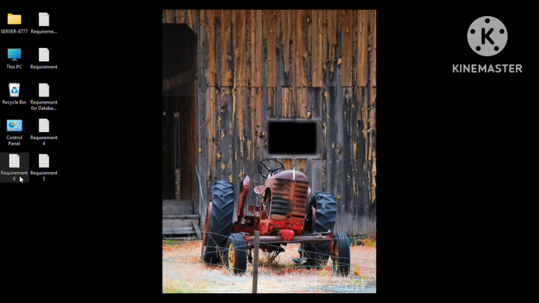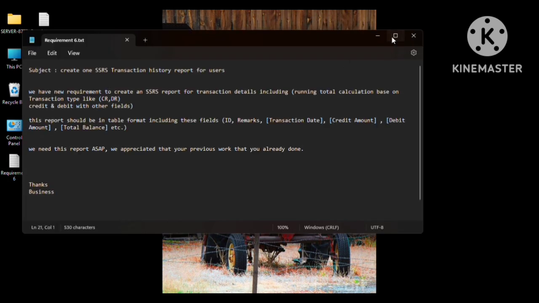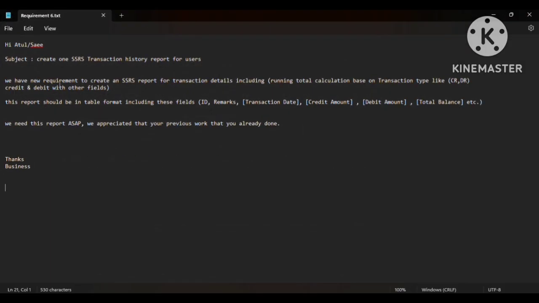So today we got one requirement. I will show you that requirement. You can see here the requirement is to create one SSRS transaction history report for user. We have a new requirement to create an SSRS report for transaction detail including running total calculation based on transaction type, like credit and debit,